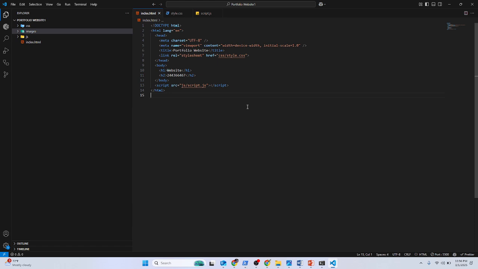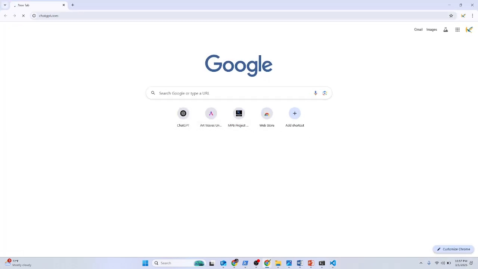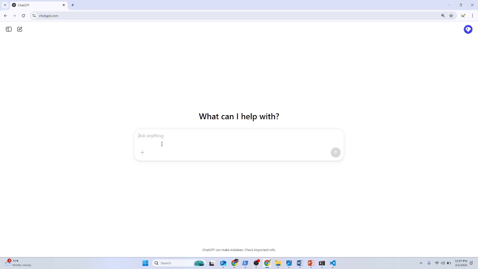Now let us move to ChatGPT to help us generate the code for our portfolio website, because I remember I told you I'm going to be showing you how you can make this task easier by using ChatGPT. So we'll just move to ChatGPT. I'm going to open a tab like this, and then open a chat like this, and then I will tell ChatGPT